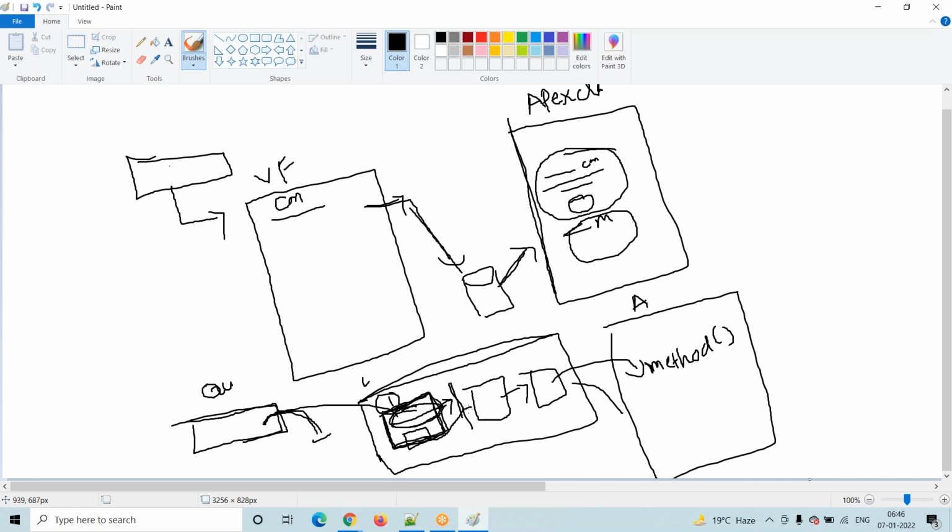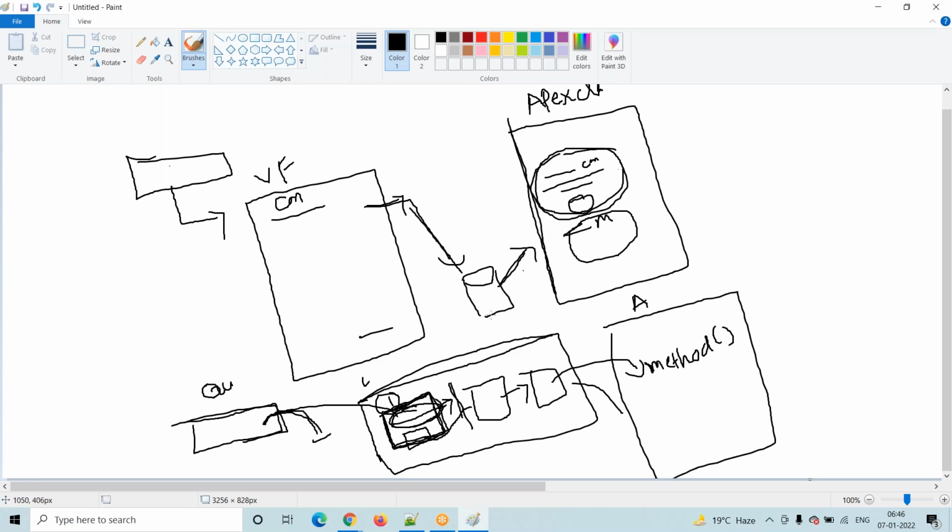When the user clicks on the quick action, my requirement is to display the result. When the user clicks on the button or quick action, I immediately want to display the data to the user, so I want to execute my logic immediately. How are we going to execute the logic immediately? In the Apex class for a Visualforce page, we implemented our logic in the constructor.